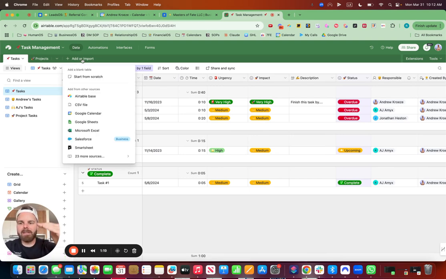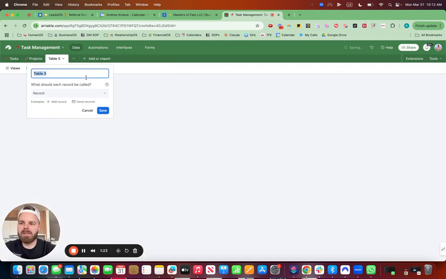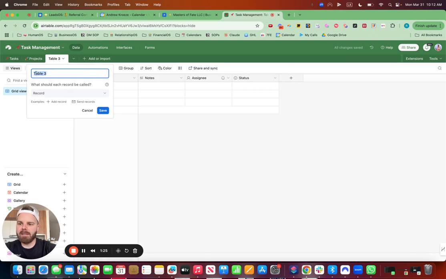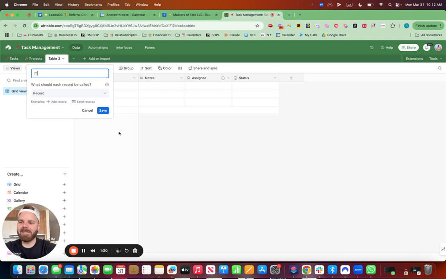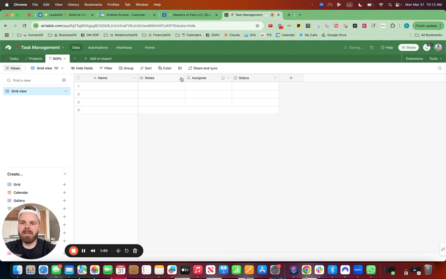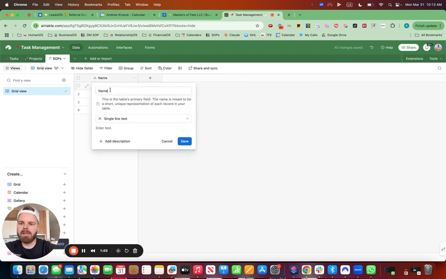And inside of Airtable, it's like putty. You can create anything you want out of it. Just start here with start from scratch. And this will also show you how to build out an SOP table, at least the initial one. So we can just call this SOPs. If you're on a Mac, you hit Control Command Spacebar to get a new emoji that pops up automatically. And we're going to hit save here. And then I always start Airtable with a blank space. So here we go. And we can put SOP number,